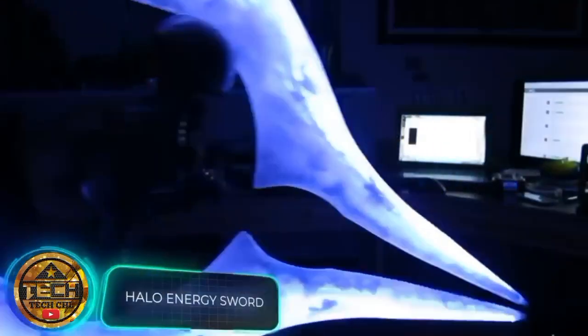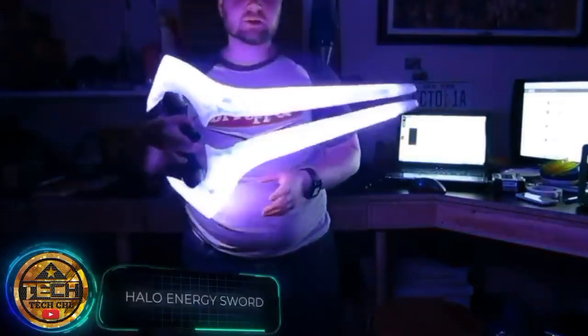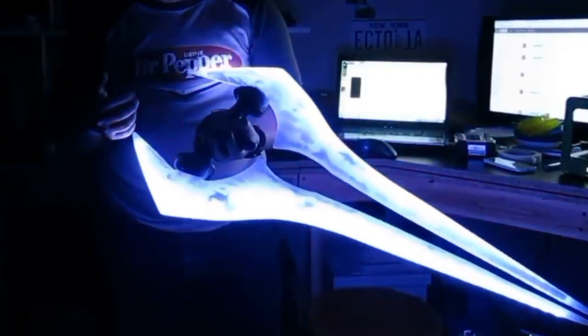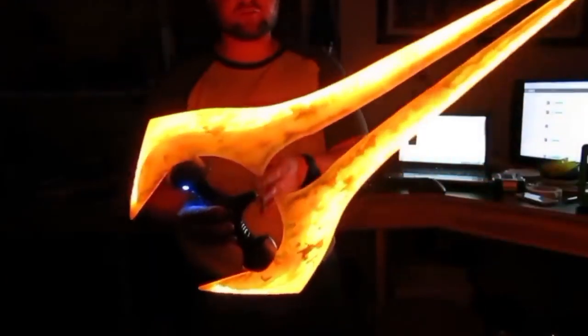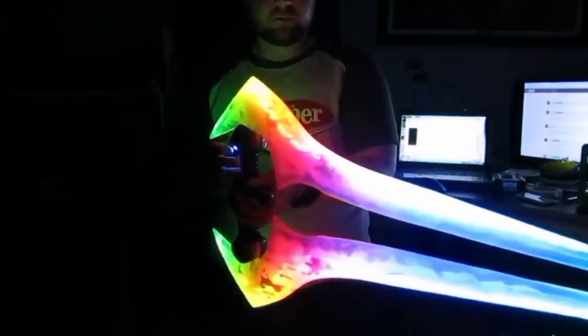The Halo series is no less famous. The story of the Super Soldier Master Chief began in video games, then expanded into books, comic books, a TV series, and several feature films. One of the most recognizable weapons of the Halo universe is the energy sword of the Sangheili race, the Great Warriors. A noble and ancient weapon, wielded by the strongest of Sangheili, requires great skill and bravery to use, notes